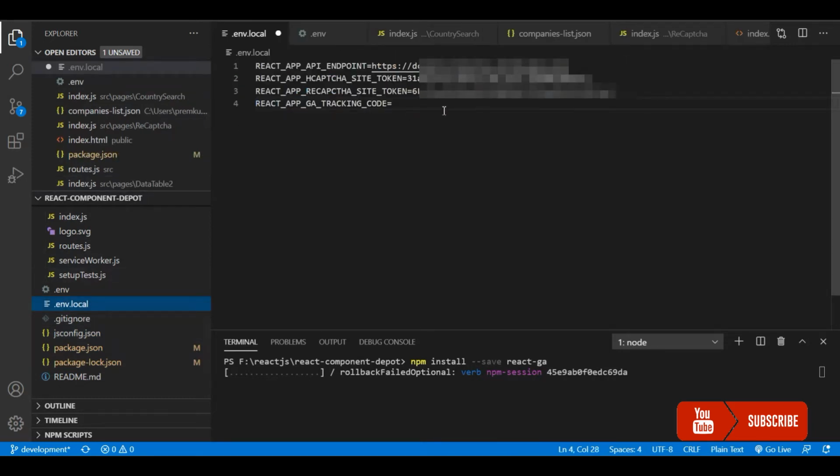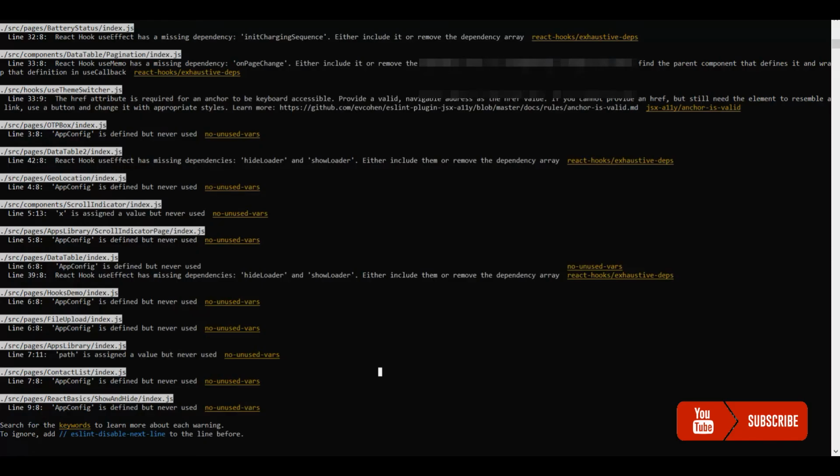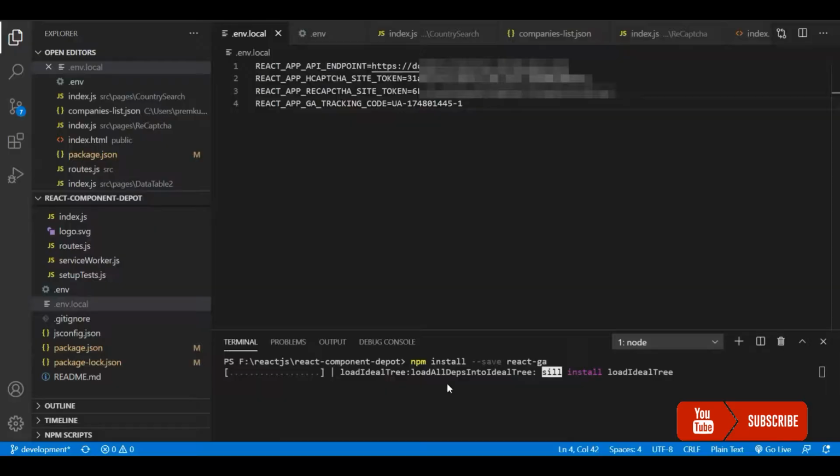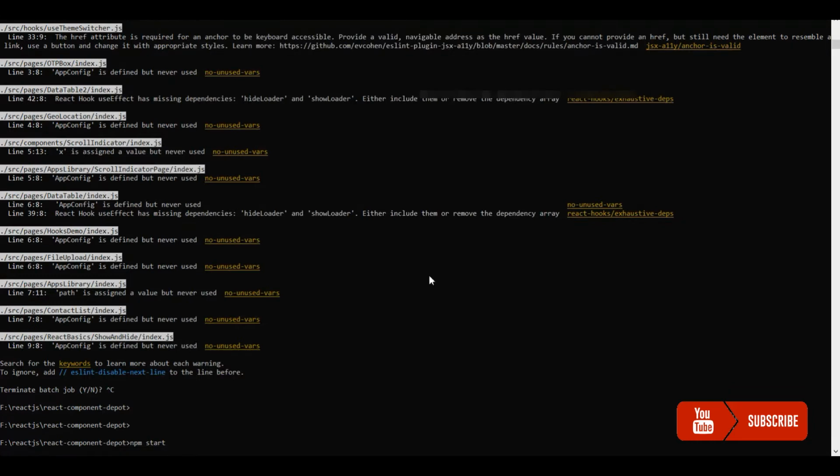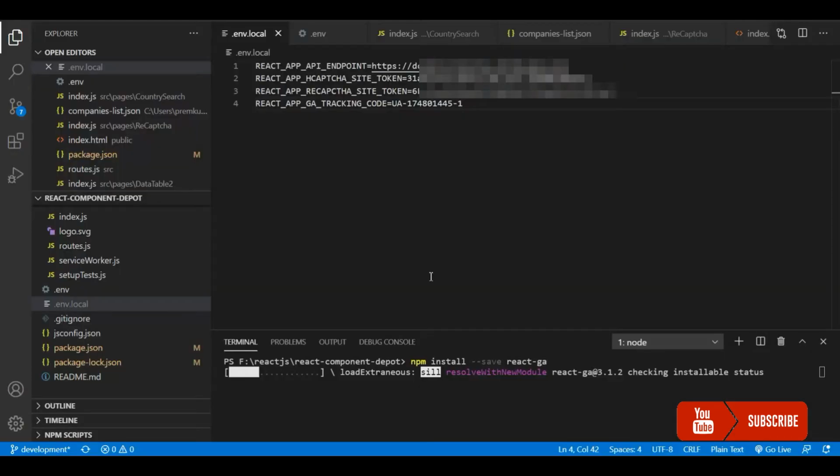For the tracking code, I'm going to add it in my env file. You can also keep it in your env file, or you can have it in your own config file, however you use config in your application. I need to restart because I've changed the env variables.